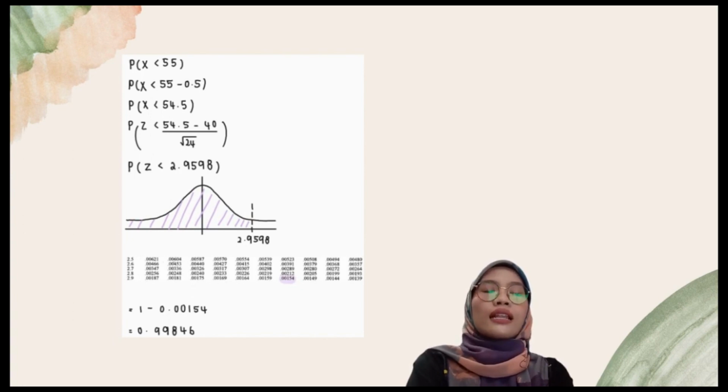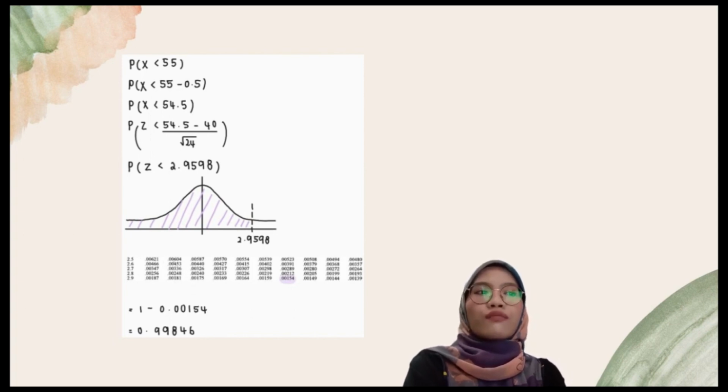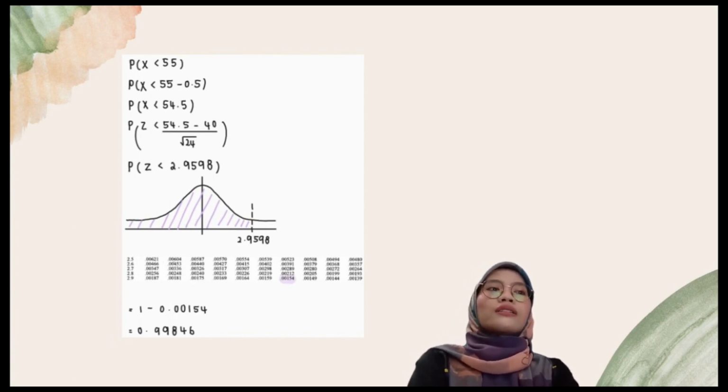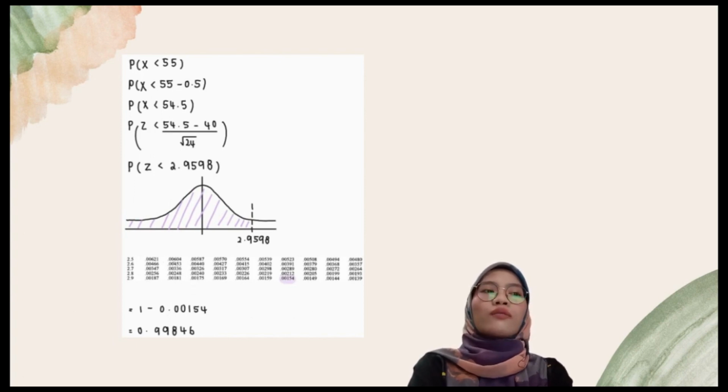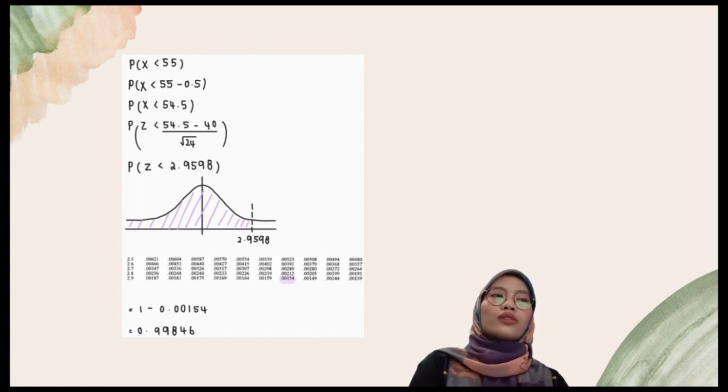Since it is less than 55, we have to take 55 minus 0.5, and we get P(X < 54.5), and solve it using the formula, which is (x minus mean) over standard deviation. We get P(Z < (54.5 minus 40) over square root 24)